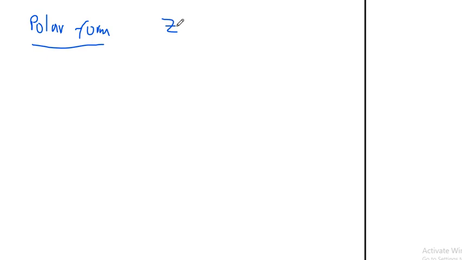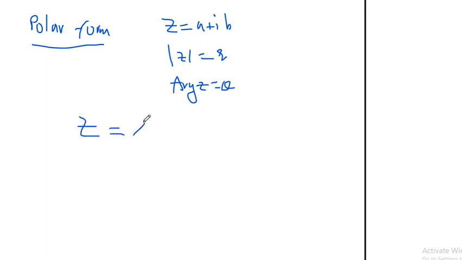If your complex number is a plus iota b, you can find z mod, right? Z mod is what? Square root of a square plus b square. We can call that r. And similarly, you can find the argument of z, which is tangent inverse of b by a. That you can call theta, right? Then your z, which is a plus iota b, can also be written as r, which is your mod, into cos theta plus iota sine theta. This is called the polar form of a complex number.